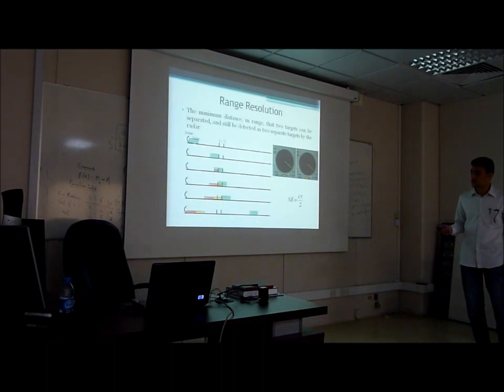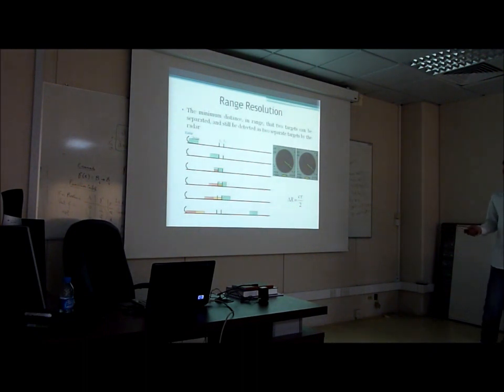If this is a pulse with a pulse width of tau, and these two targets are separated in distance by just half the pulse width, when this pulse reaches the first target, an amount of energy returns from the first target, and then the pulse will continue and hit the other target. So this yellow amount of energy will be reflected from the other target. Because the targets are very close in range, the energy from the two targets will come to the radar as one continuous block, as you can see here. So you will see the target as one big target, not two